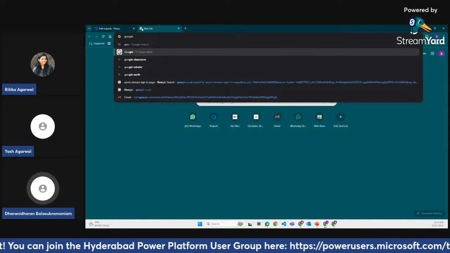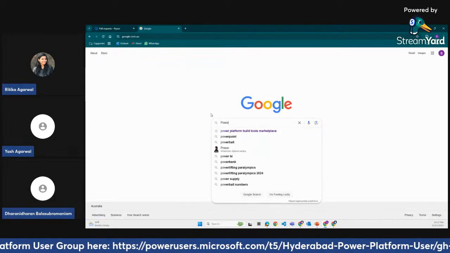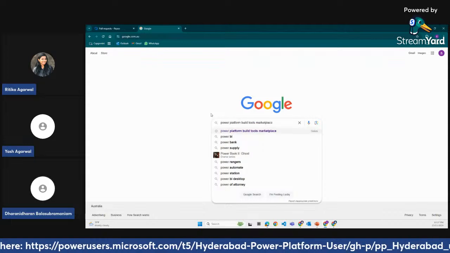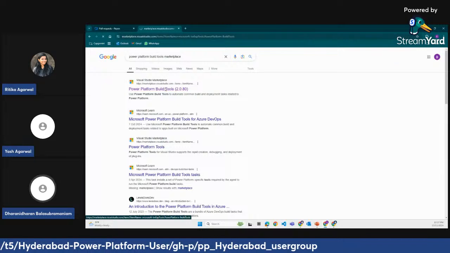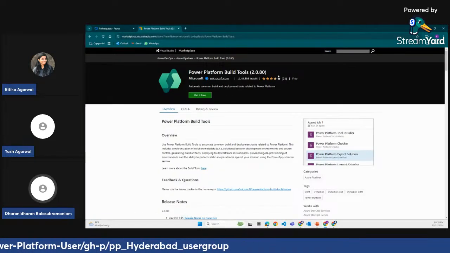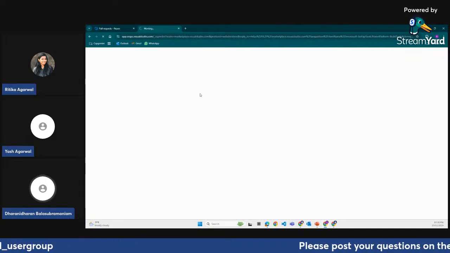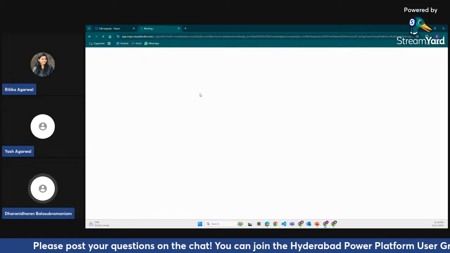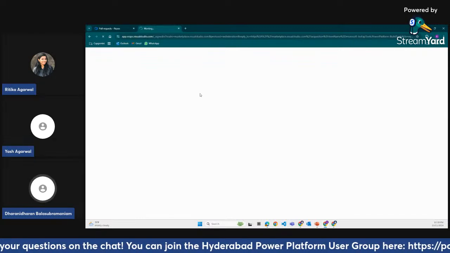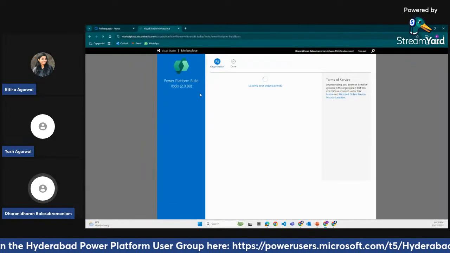Once this project setup is done, the next thing we need to do is install the Power Platform Build Tools, which Microsoft has released. If you find the Power Platform Build Tools in the marketplace and click on the link, it will show you the Get It Free button. Then it will ask you to connect to the particular Azure DevOps, because one account might have multiple organizations, so it will ask you to select which organization you want to install the Power Platform Build Tools into.